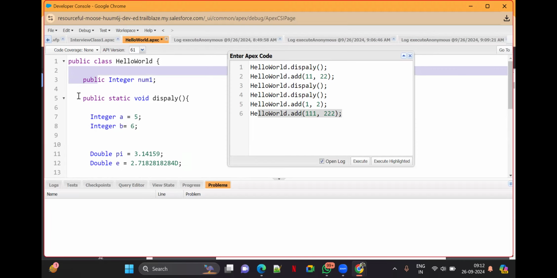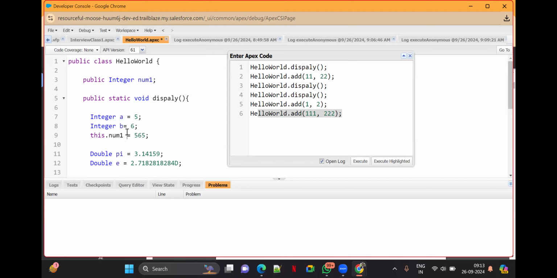How did you do it? Dot, this dot. So you have to do the same like this. Whatever num1 is there in this class, this dot num1 equal to,